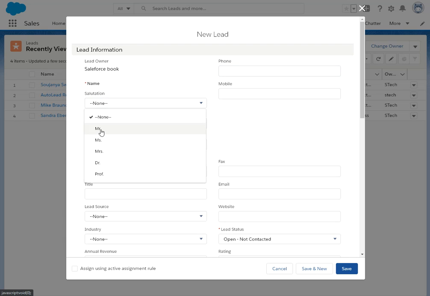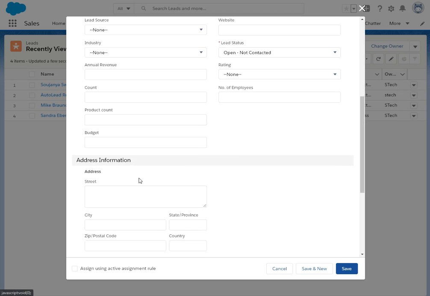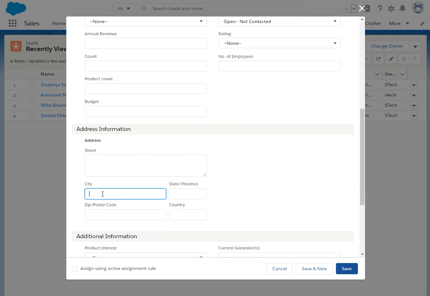So let's go and create a lead record, and the city is Hyderabad.